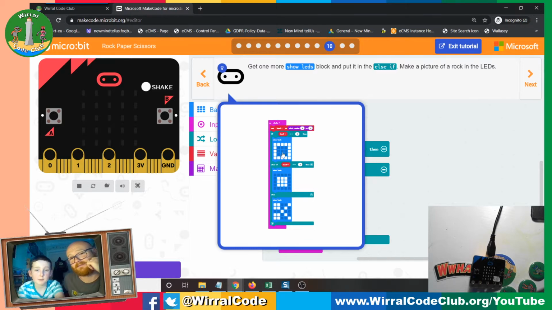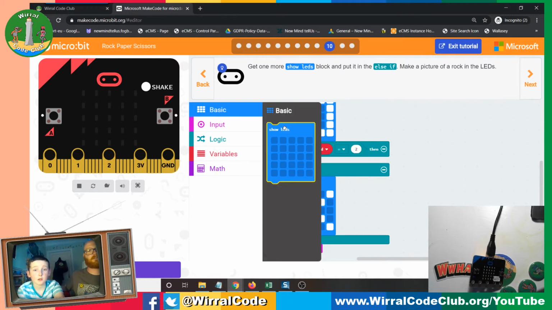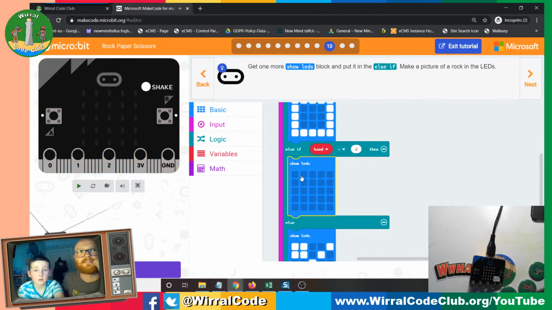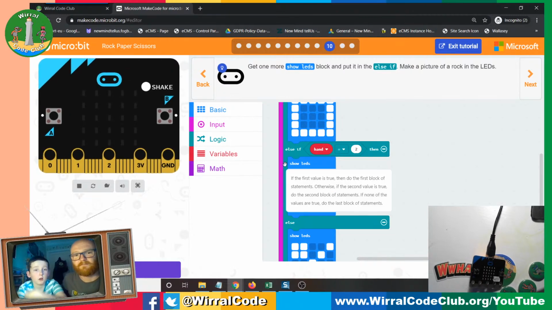Yeah. I think it's better the fact that we've cleared out the middle of that now, because then the rock and the paper wouldn't really be that you can tell the difference, can't you? Go on, so put another show LEDs in. Just go like that. So now on the else if, it will go to the rock. So if you test it,